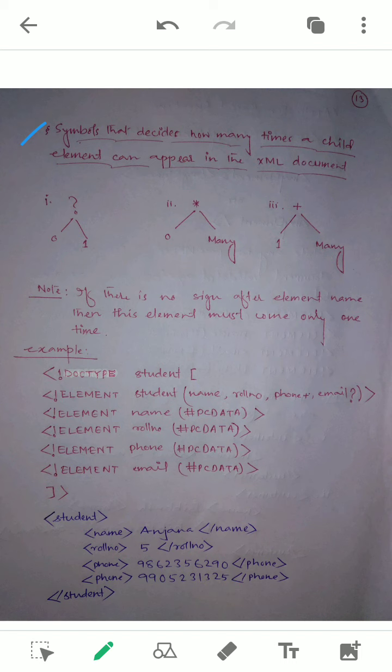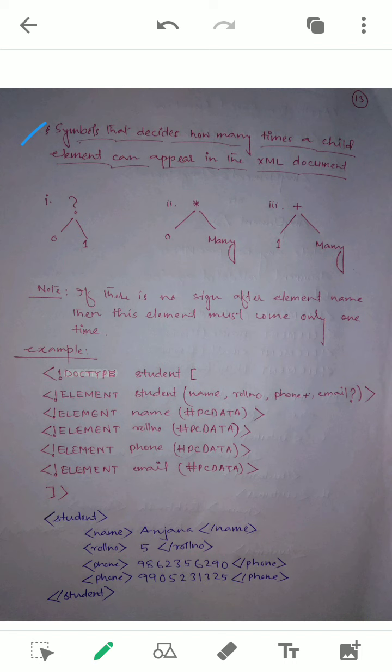Okay. So first of all, as we know, in DTD we have to decide which element will come first, that means what will be the order. That order we already discussed in the previous class: if you use a comma, then elements should appear in that order. If you have used a pipe, then they may come in any order, but here we are discussing only the comma. The pipe example was already given, and it is given in your book. You can see how it comes.